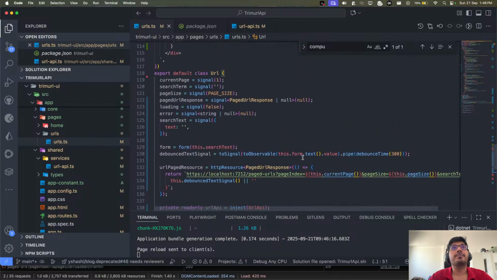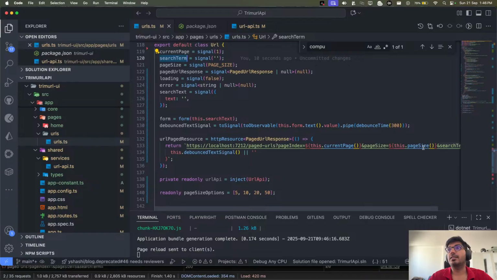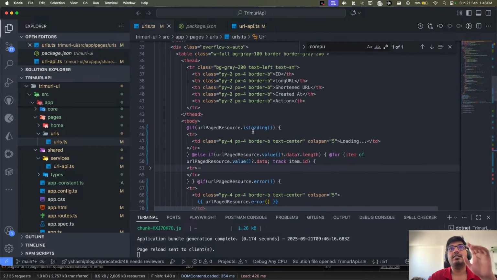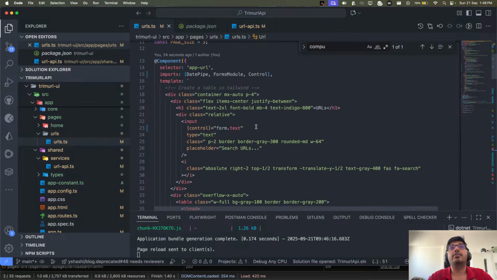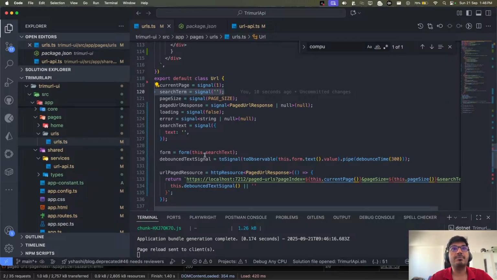I'll tell you why. We have a current page, we have search term, but now the search term basically comes from where? The debounce signal. So we can safely remove this as well. Let's see. Oh, no, I think we have it. No, yeah, we can remove that, because now we have created a form signal which is search text.